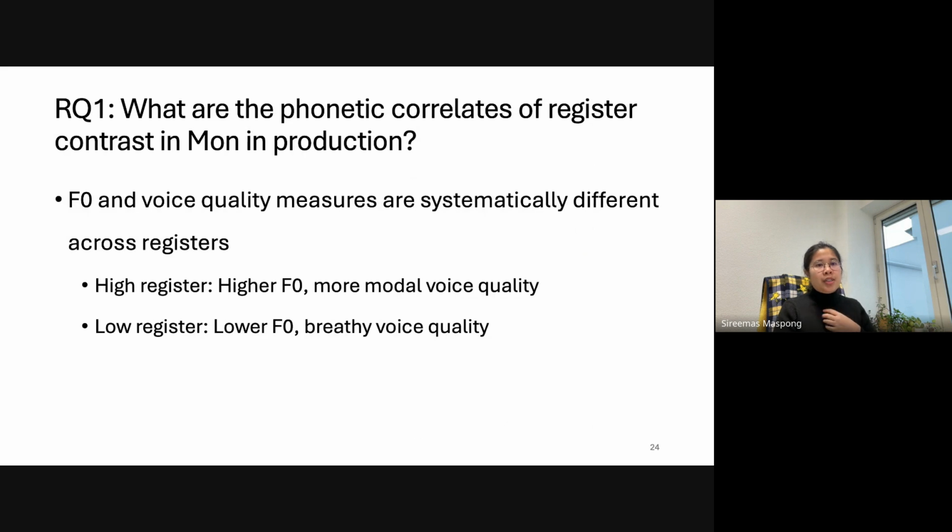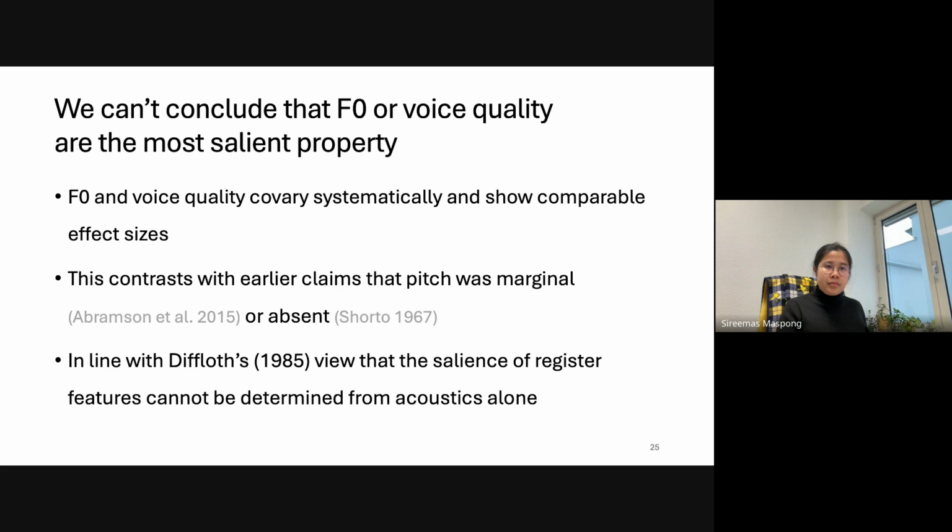So coming back to our research question, what are the phonetic correlates of registers? In terms of production, we found that F0 and voice quality measures are systematically different across registers. High register has high F0 and more modal voice quality, and low register has lower F0 and breathy voice quality. But we cannot conclude that F0 or voice quality is the most salient property, because as we have shown, F0 and voice quality covary systematically and show comparable effect sizes. This contrasts with the earlier claims that pitch was marginal or absent. But it is in line with Diphlot's view that the salience of register features cannot be determined from acoustics alone,